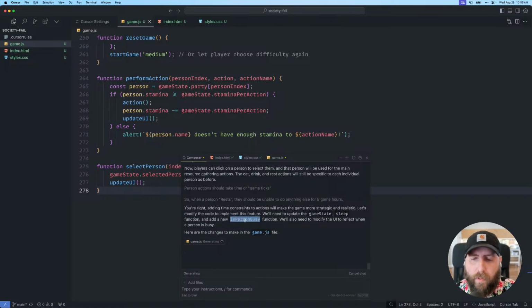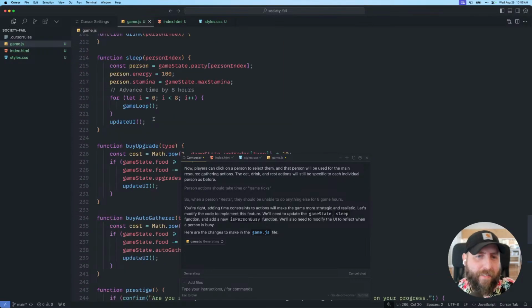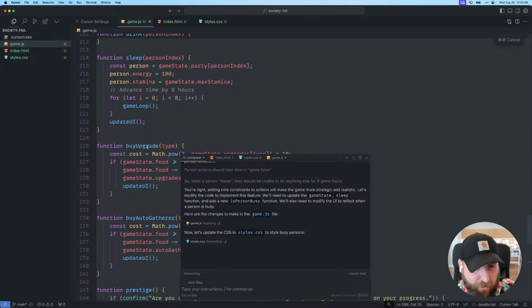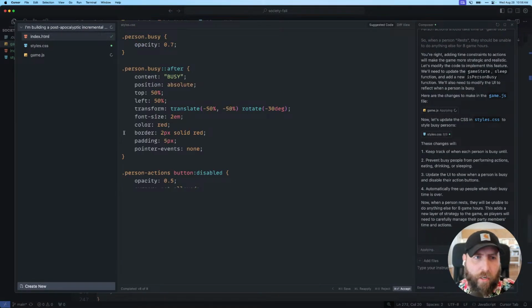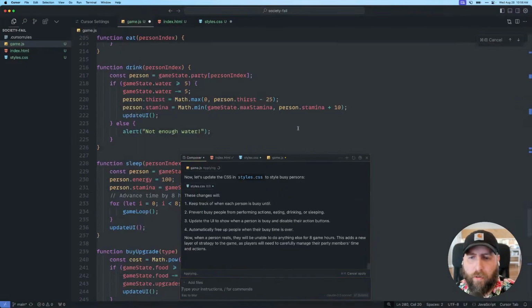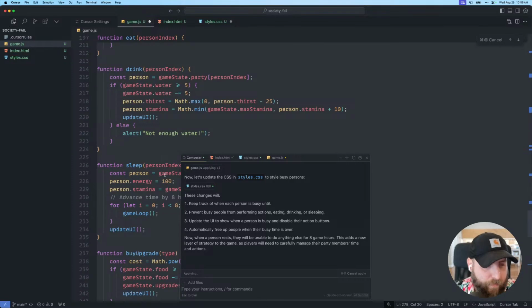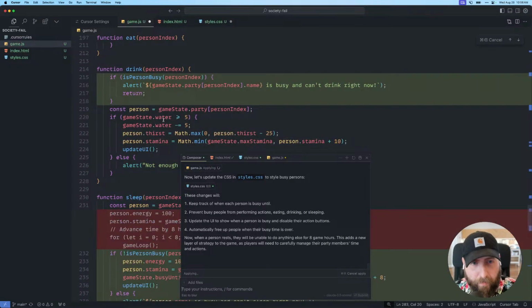Yeah, so it's the person busy function, which we don't even care about. That's the amazing thing about this. Fine, I can read what these functions do, but it doesn't even matter. The reality is, we could just have this thing full screen. We almost only need the composer. I don't know that I'm there yet, but